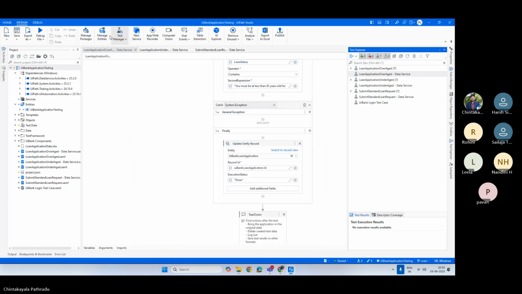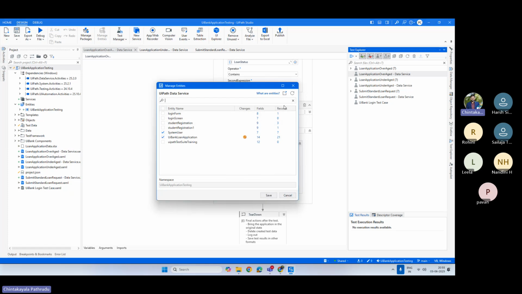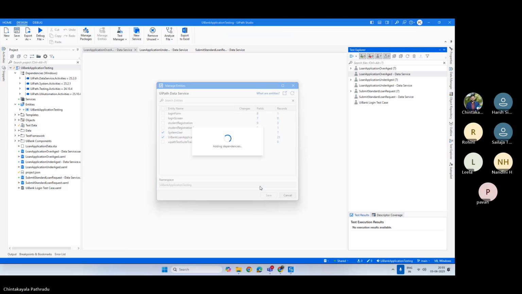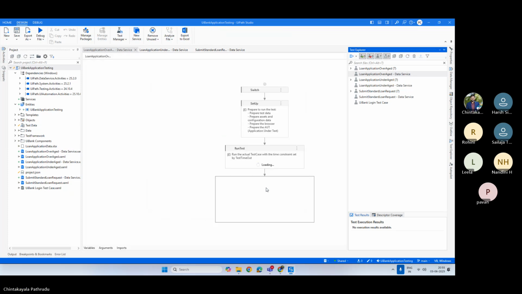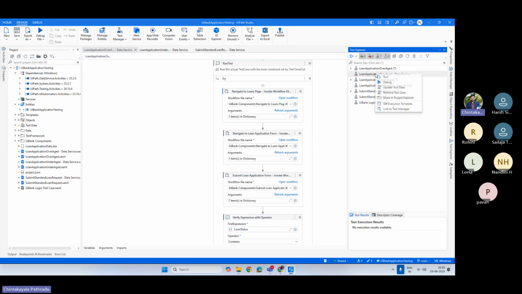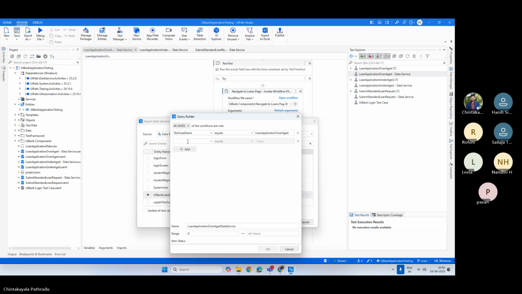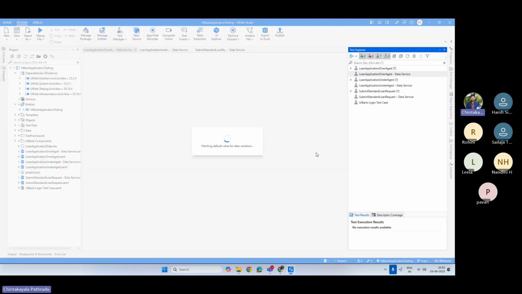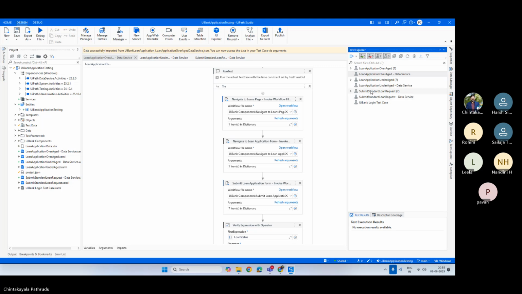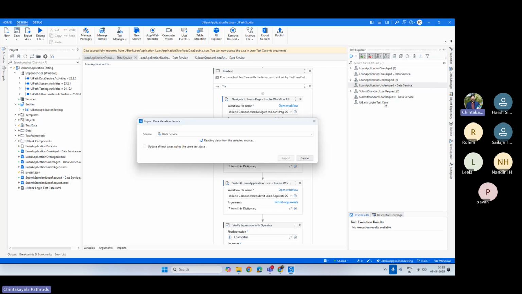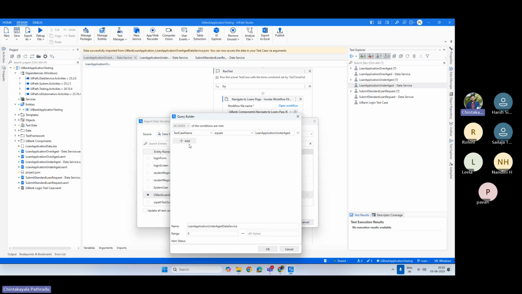Cancel. Click on manage entities. Every time when we change something in the data service, we need to refresh these entities or whatever we are using. Now we will go to this overage, update test data, go to the filter. I'll add one more, which is execute test case equals to S. Click on OK. Click on import. Okay. And for the other, same. Update test data, go to the filter, add row, execute test case